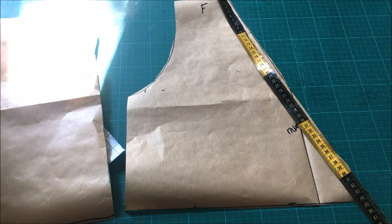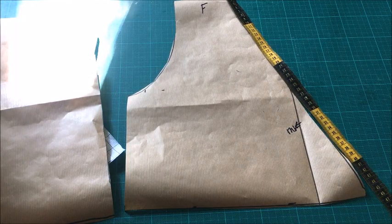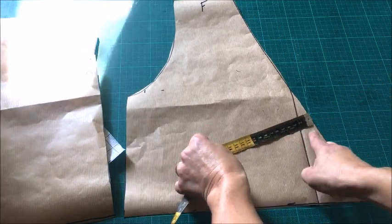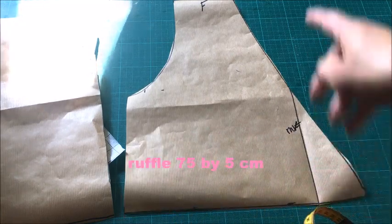And the width of the fabric is 75 centimeters, so I'll take just that width, then I don't have to be difficult taking a pattern. We take just the width of the fabric, which is 75 centimeters, and the width of the ruffle, it falls over like this. You can take 5, you can take less or more, just depending on what you like. I'll take 5. So that will be just a rectangle,